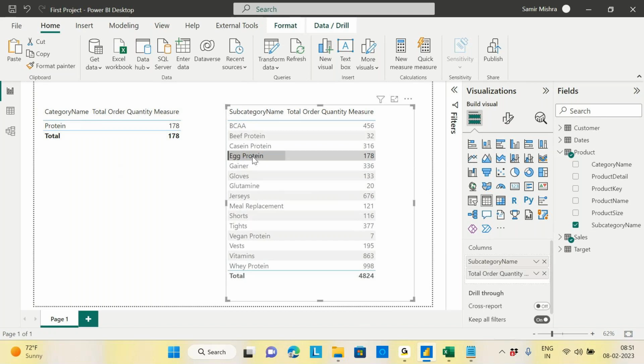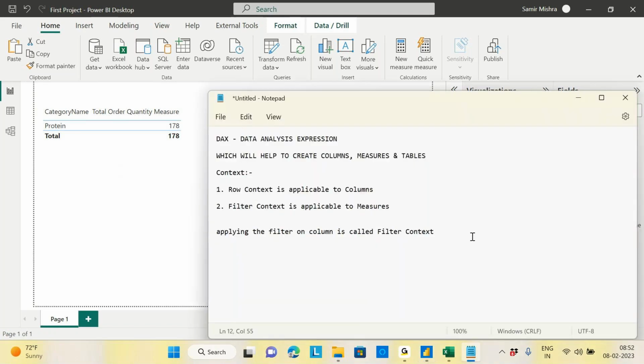Previously we saw that we dragged the category name and the subcategory name on the same report, and we saw that two filters get applied. Now we segregated two reports, one with category, one with subcategory, and we are clicking on the subcategory on the second, and it is getting filtered in the first also. So it means that now there are two filters. So filter context can be affected by, and this is very important, filter context gets affected by